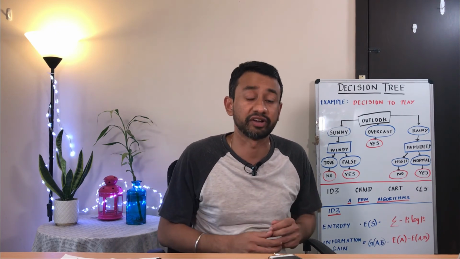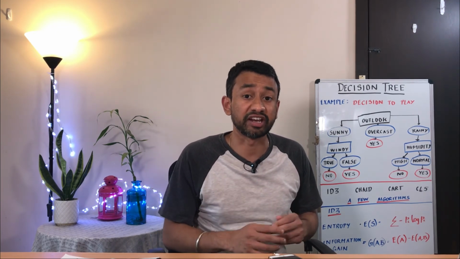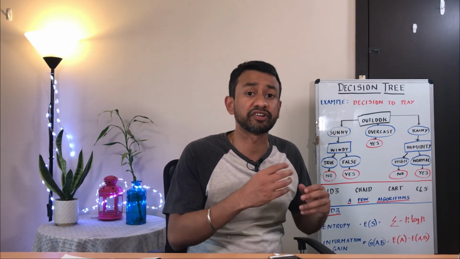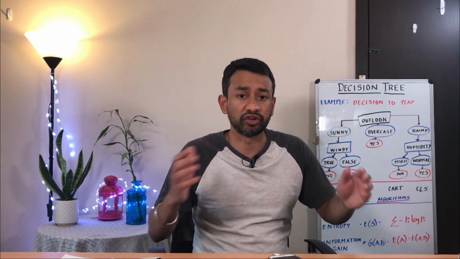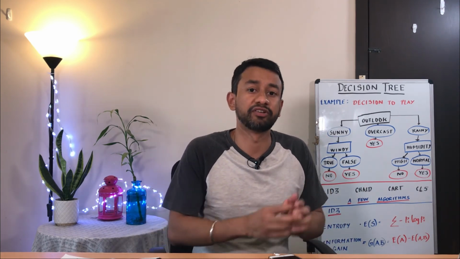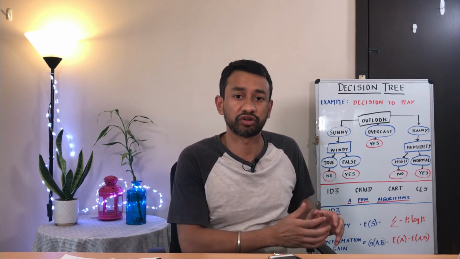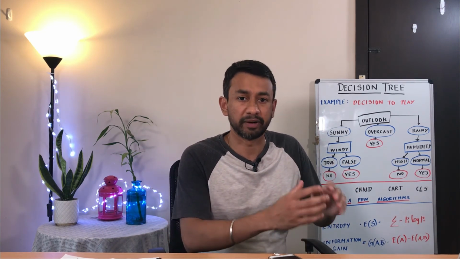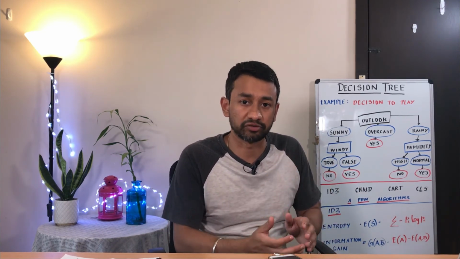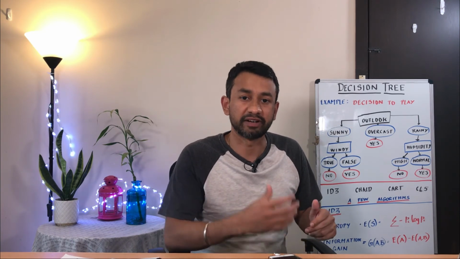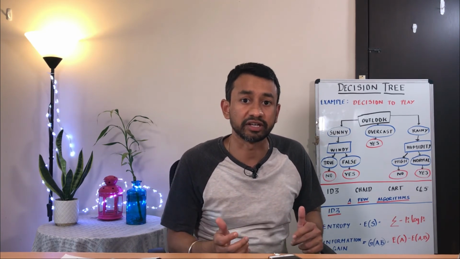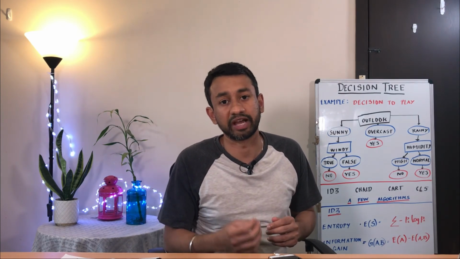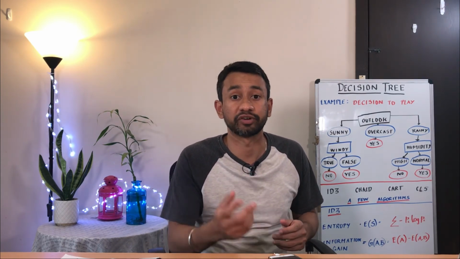The second one is a random forest. So random forest is an ensemble model where we take different samples of data. Instead of using all the training data to build the decision tree, we take a portion of the sample data. Let's say we use maybe 20% of the data, build a decision tree, take another 20% of the data, again build a decision tree, and we try to build multiple decision trees and combine all of them together. So that's why it's called an ensemble model, or a random forest,